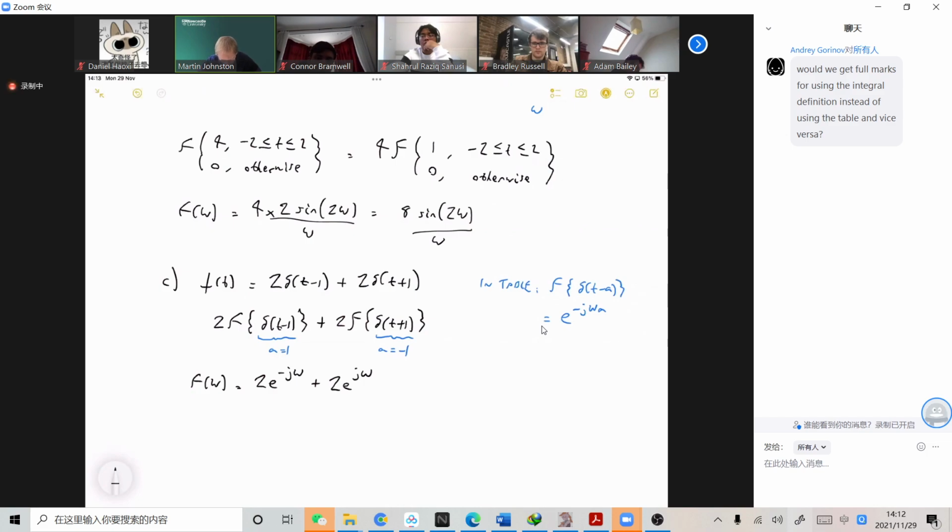Right. Now, obviously, you probably recognise this expression, so this will be fine as a final answer, but also you'll notice that it's also the same as 2 times cos of omega. Okay, and that's because of Euler's expression, which I wrote this morning, but as a reminder,